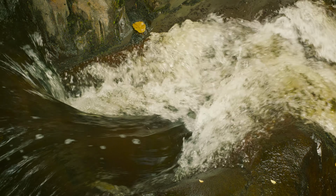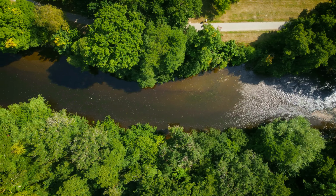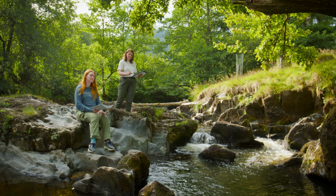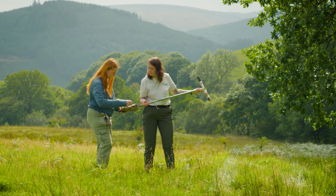But sadly, the pearl mussels within the Irfon River are an ageing population, which means that they're not reproducing. Sadly, the freshwater pearl mussels have shown no signs of successfully reproducing in the last 20 years. A lot of our work focuses on trying to increase successful reproduction of the pearl mussel so that the population